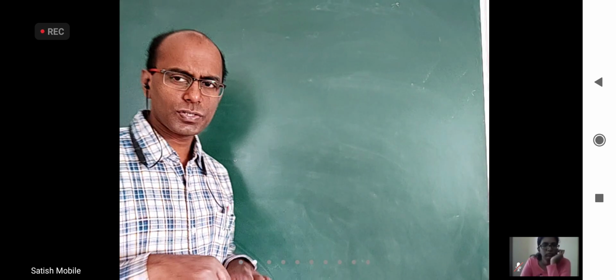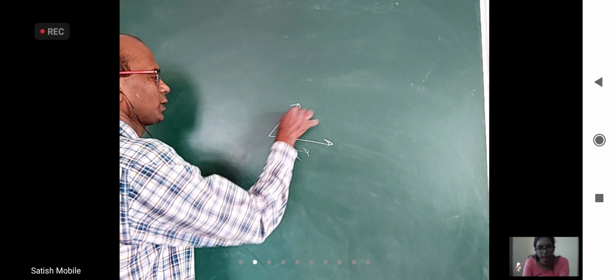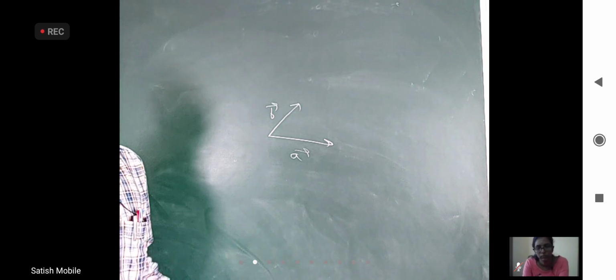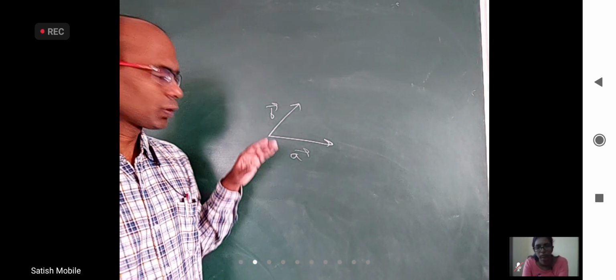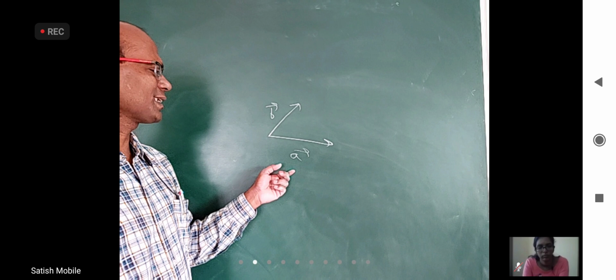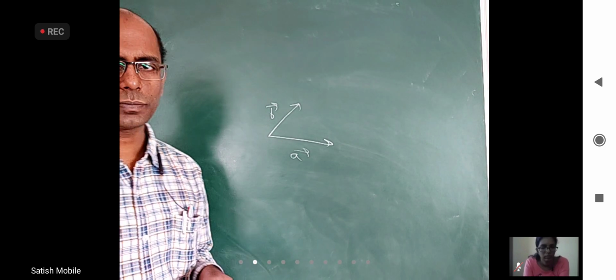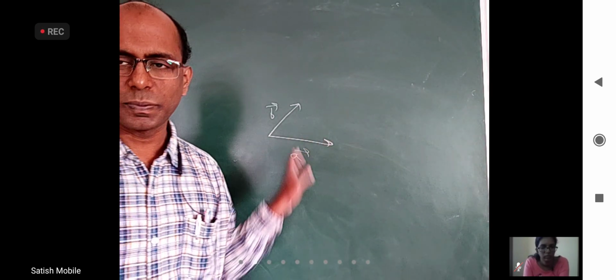All right. Now coplanarity of vectors: different vectors in a plane and some relations between them. Let us say I have a vector a bar here and another vector b bar. The point I want to make here is, you take any combination of these two. Take 2a bar plus 5b bar, 20a bar plus 5b bar, minus 3a bar minus b bar, or a bar minus 2b bar. You take some real number into a bar, some real number into b bar. Then we'll cover all the vectors in this plane.